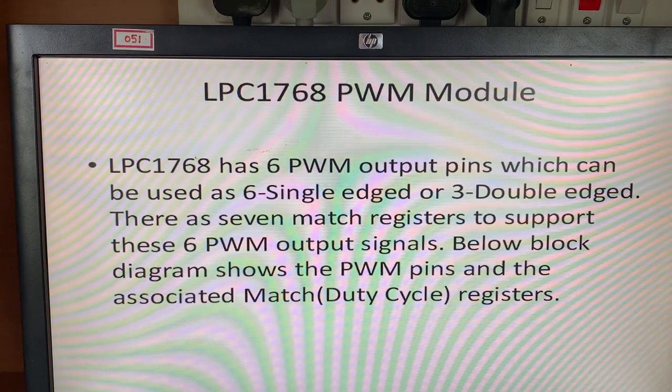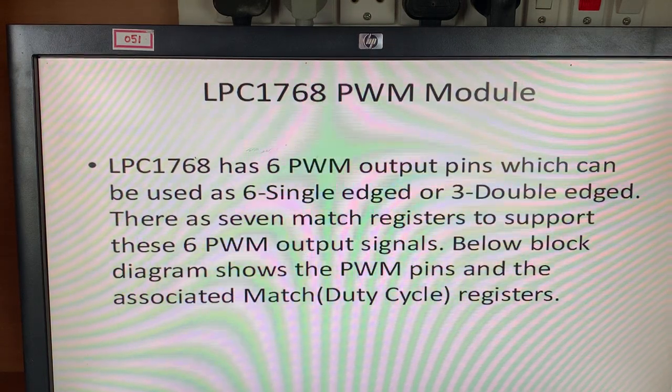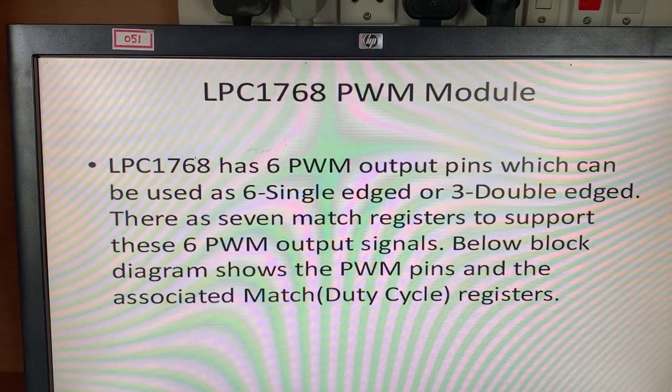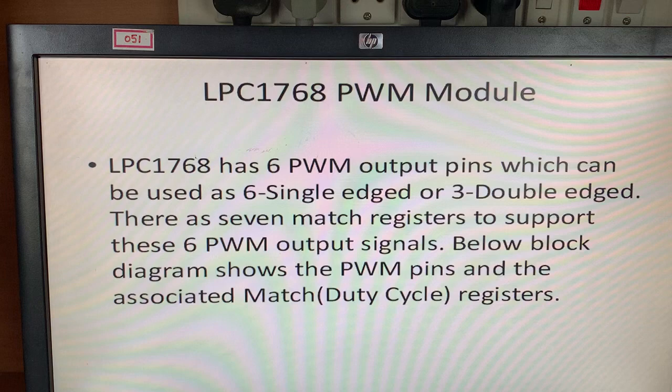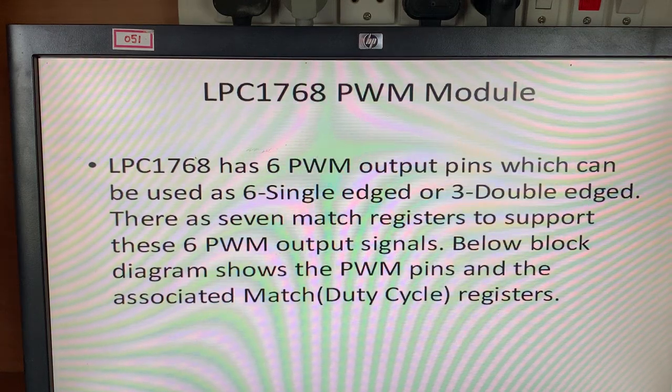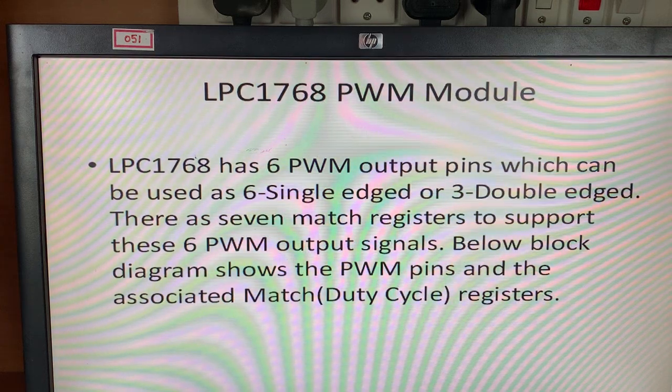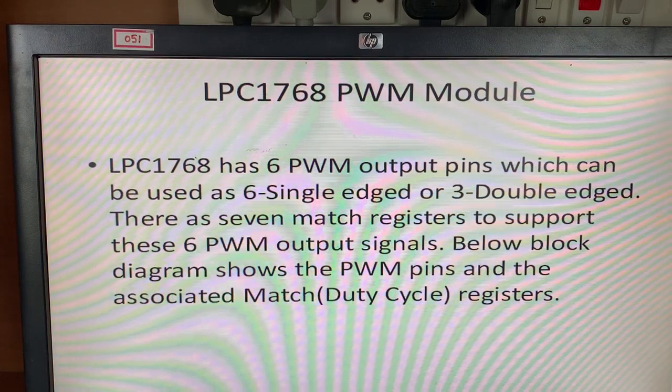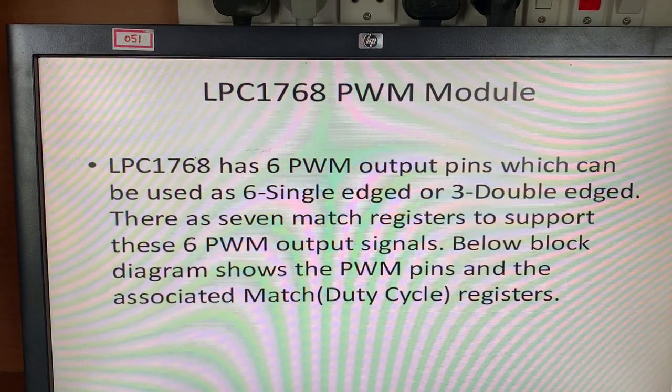We have to remember that there is no need to connect an external IC for the generation of pulse width modulation. We can generate it by using the inbuilt module which is there in LPC 1768. As I told, it has 6 outputs.